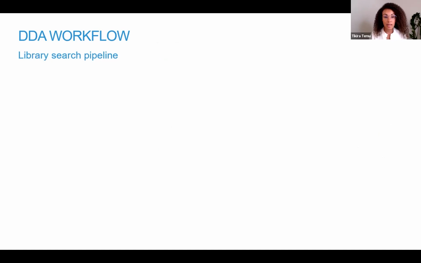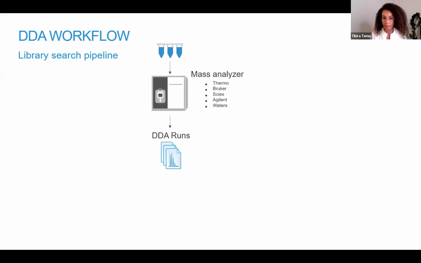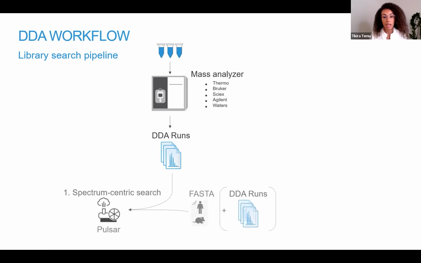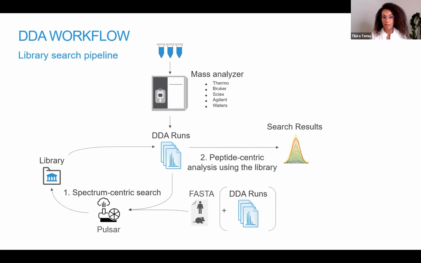In contrast to that, we have the library search pipeline. Here, obviously, it's the same biological samples that are measured on an analyzer, and then we have the DDA runs. But now we have 2 steps. In the first step, we use a Fasta file, and it's the same spectrum-centric search. We can add additional runs to create a library. The second step then is to use that library and search against that in a peptide-centric approach and to retrieve